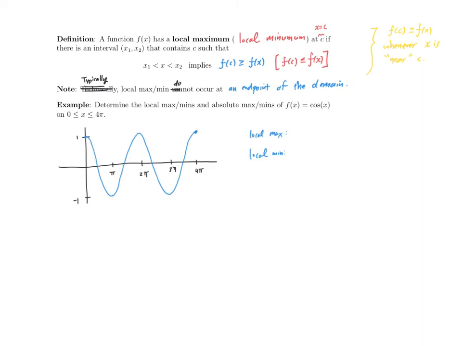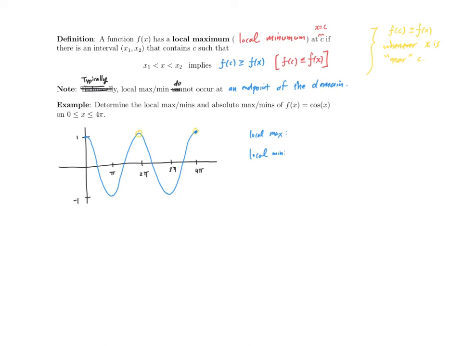So hopefully you spent a few minutes working on this. We have the graph sketched. Note cosine oscillates back and forth indefinitely between plus or minus 1. Cosine of 0 is 1. Cosine of pi is minus 1. And cosine of pi over 2, 3 pi over 2, 5 pi over 2, and so on are all equal to 0. And just looking at this graph, hopefully we can all agree that intuitively we see that we have